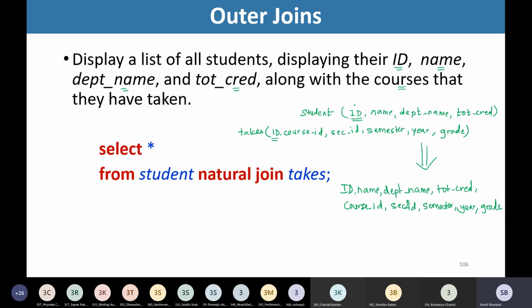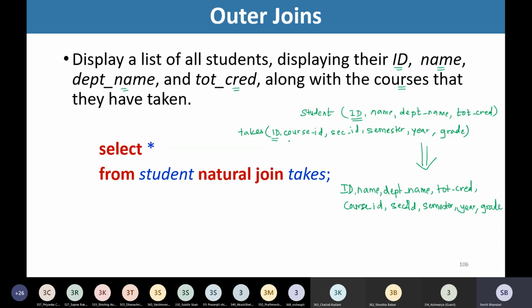And while producing the result, what will our natural join do? If the student ID is present in takes, then only that particular student record we will have in our result.